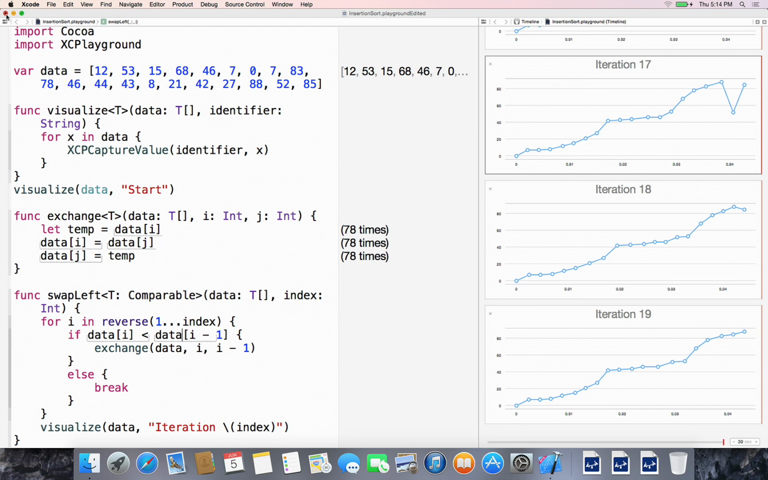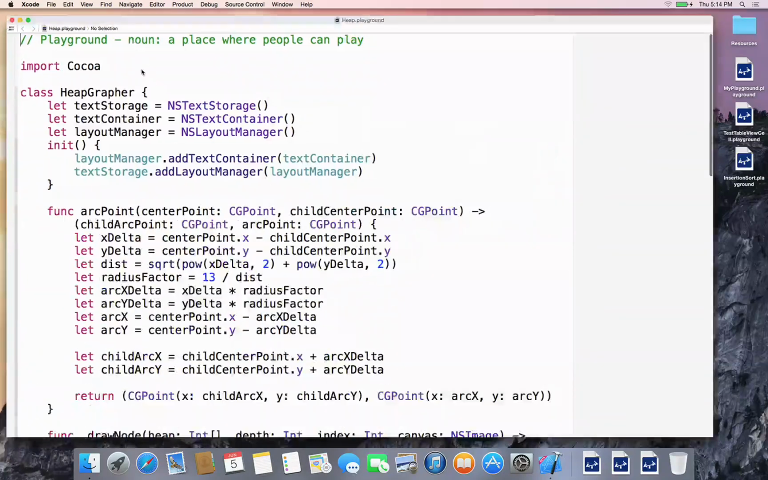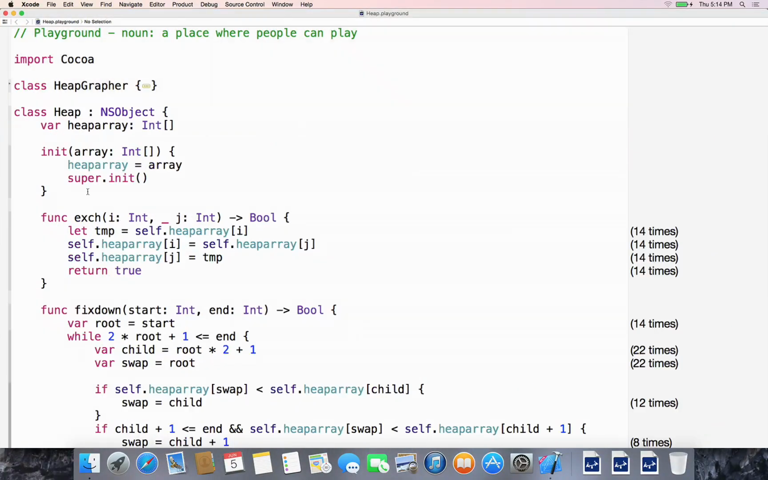Okay, let's move on to another example. I've got a heap playground I made here earlier. And it's got this heap grapher class at the top, which I'll explain in a moment. But the meat of this class is my heap class, which, if you're not familiar with a heap, is a type of balanced binary tree where the value of every node is greater than or equal to the value of its children. Heaps are often used to implement priority queues because it's very efficient to remove the highest priority item,